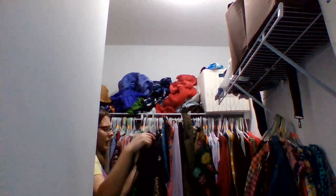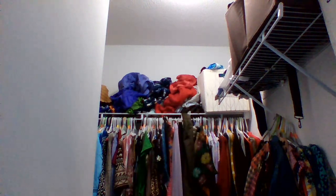For example, I have this beautiful sweater dress that clearly is a winter item, and I didn't wear it this year, and I tried to get rid of it, and then I put it back in my closet because I was like, no, I'll keep it. Maybe I'll wear it, and I didn't. So that is going into the pile of no longer part of my wardrobe. And sometimes it's sad, but that's all part of purging and refining your style